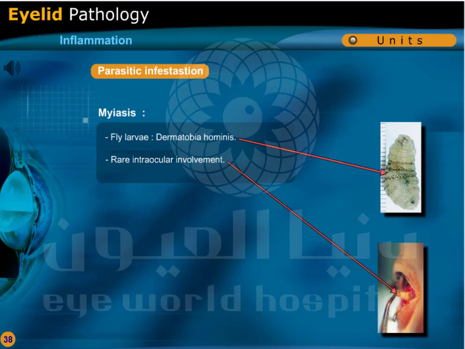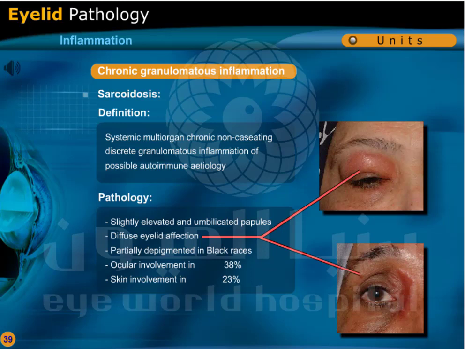Parasitic infestation. Myiasis, caused by fly larvae, Dermatobia hominis, and it rarely causes intraocular involvement. Chronic granulomatous inflammation, sarcoidosis, systemic multi-organ chronic non-caseating discrete granulomatous inflammation of possible autoimmune etiology. Pathology: slightly elevated and umbilicated papules, diffuse eyelid affection, partially depigmented in black races, ocular involvement in 38%, skin involvement